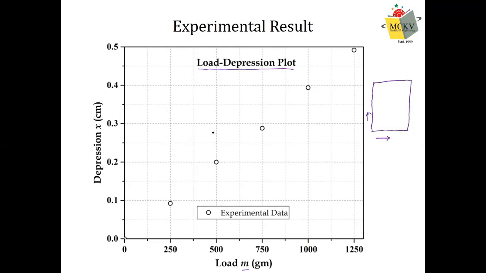And so when you plot the graph, remember, don't write only M, X like this, because M, X, these are the symbols we are using. We know the meaning. When you report this to other people, they may not understand it. So you need to write down the whole thing. Load, depression, that you should write. Along with it, whether you write M, X, no problem. Then it will be understood.